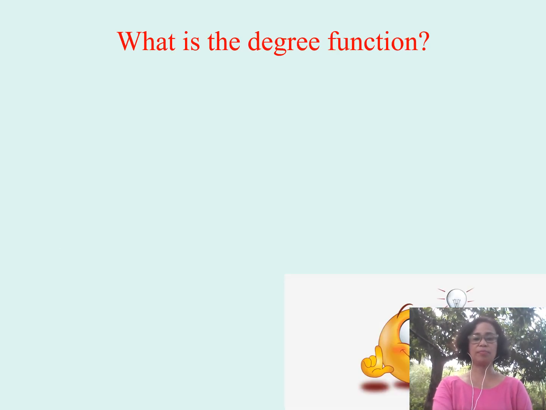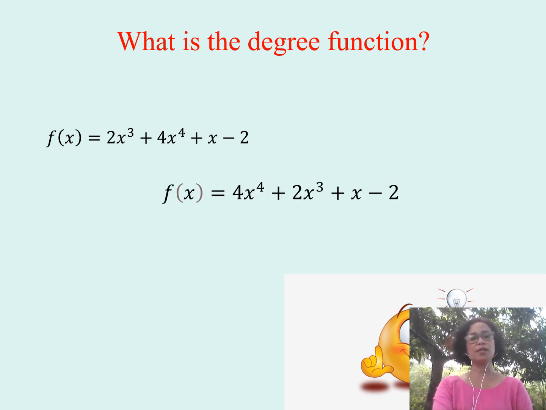Next one. f(x) = 2x^3 + 4x^4 + x - 2 is not yet arranged in the standard form. So let's arrange it first, which will come up to be 4x^4 + 2x^3 + x - 2. Therefore, the leading term 4x^4 bears the degree of fourth degree. Next,